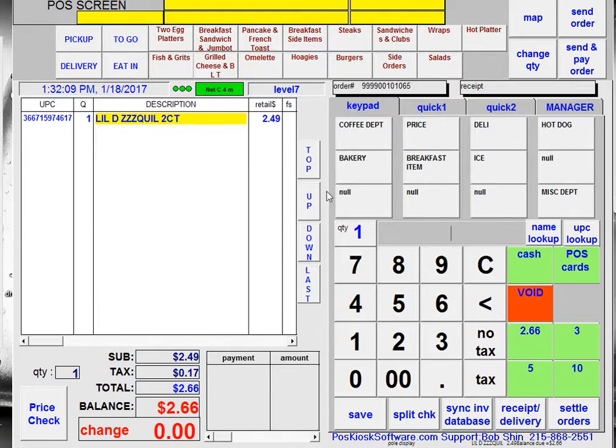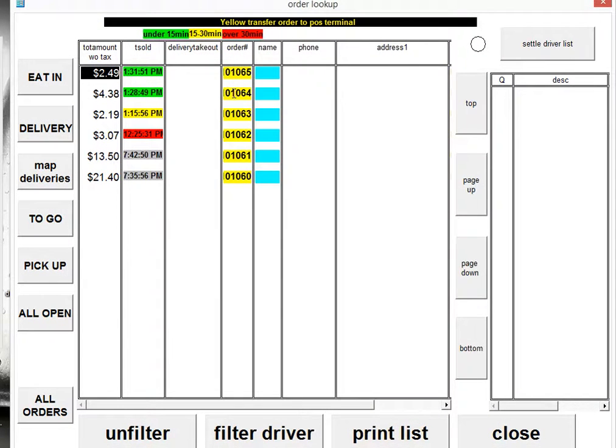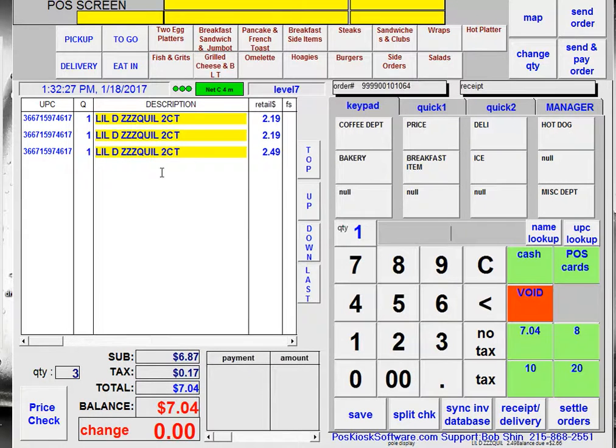This is actually doing the same thing, which is recalling it or scanning it, and you could recall that transaction. Earlier, I had another transaction that was saved, which is the 2-piece of the ZQL, right? If I hit the yellow, that will also bring that up, and then I could finish the transaction here,